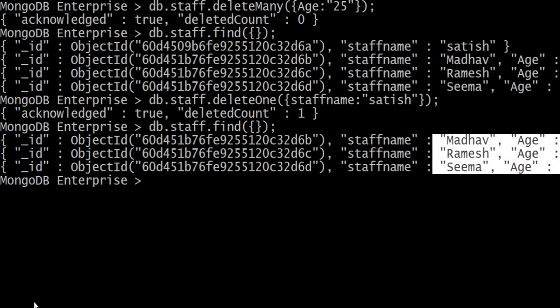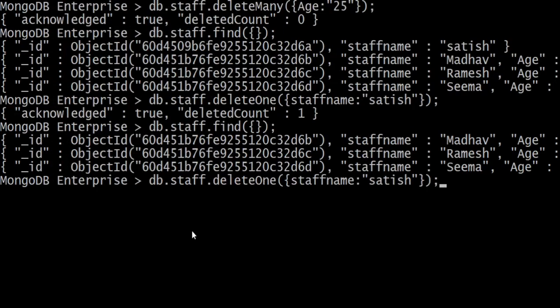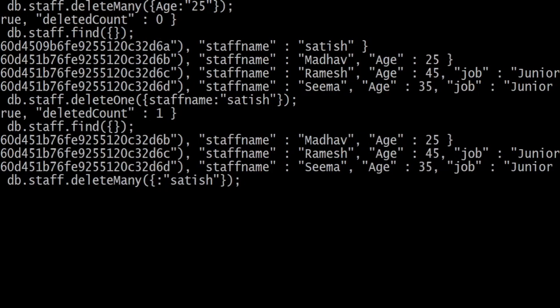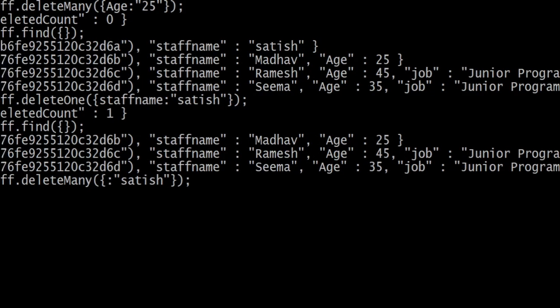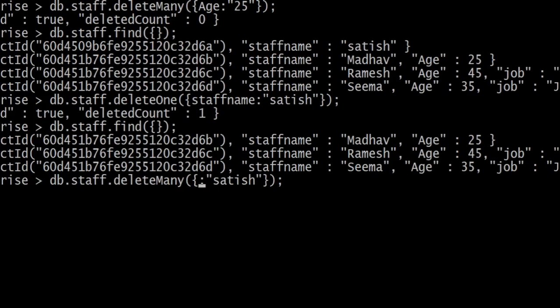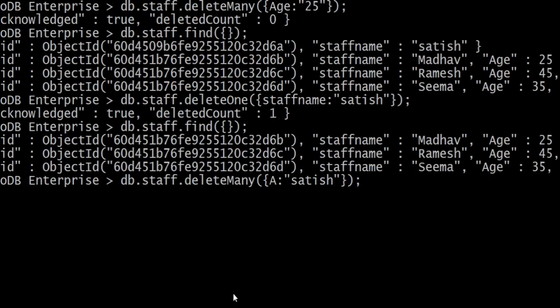So we can also apply the multiple delete operation, deleteMany. Here, instead of deleteOne, we can set multiple conditions. Suppose I want to delete the records whose age is greater than 30.